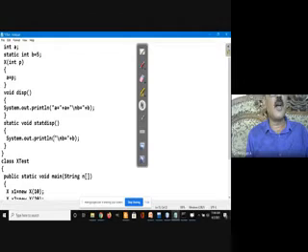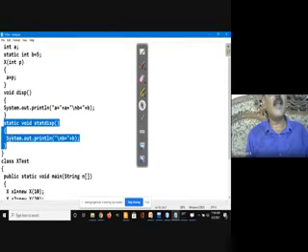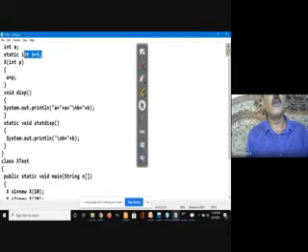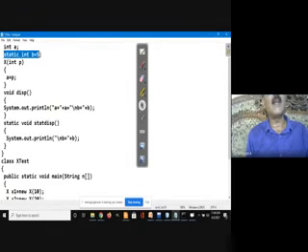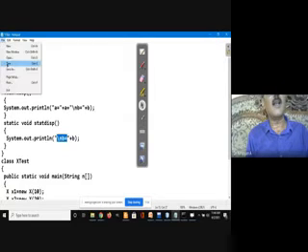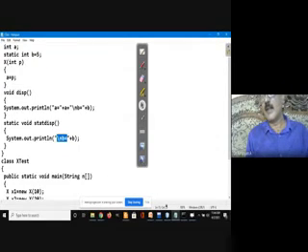So a house dog can eat only homely food. Homely food is B. If it is accessing B, no problem. But a static method can access only static data. It cannot access non-static data. But I had written A initially, so that was the reason why I got an error at that particular point.